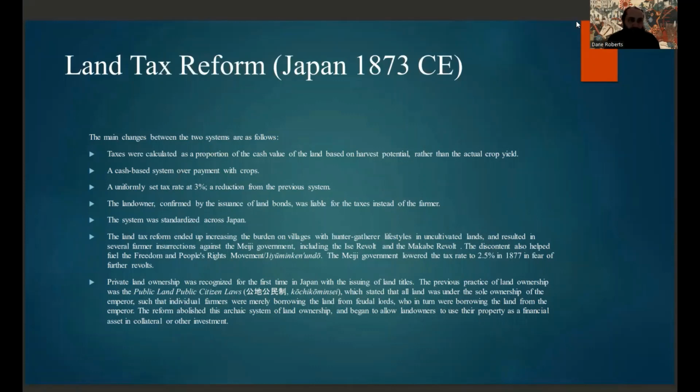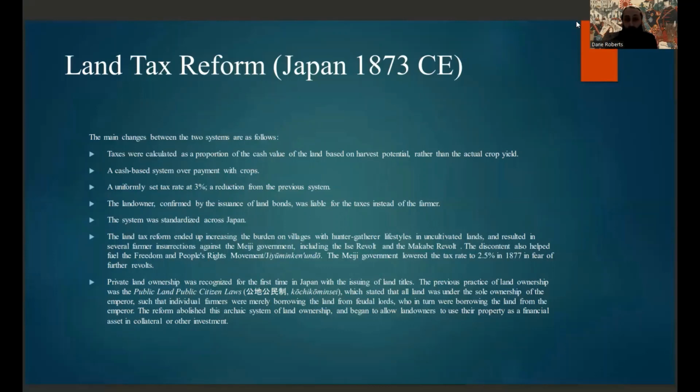tax reform, which saw a shift in how taxes were calculated. Originally, in the Tokugawa era, taxes were calculated based off of crop yield. Now they would be based off of cash yield, and it would promote a cash-based system over payment with crops. It set the tax rate at 3%, which was a reduction from the previous system. Landowners were now legal,